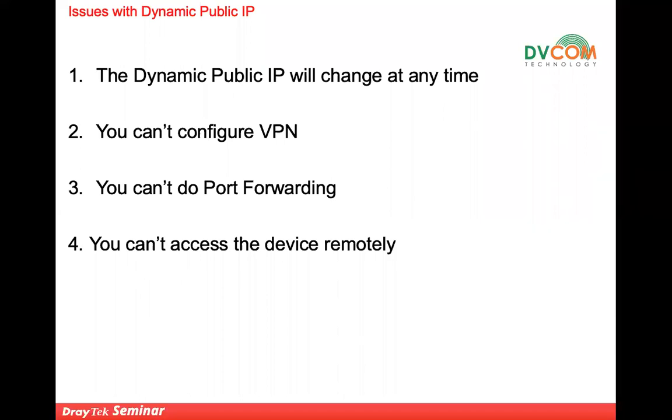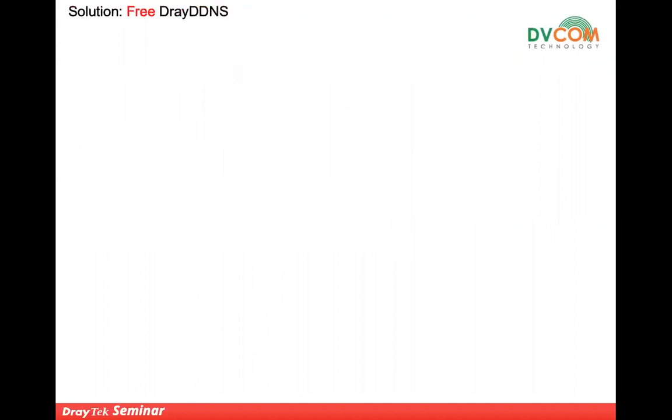For example, whenever you type "what is my public IP" in the browser, you can see your public IP. Whenever you reboot, or after 1 week or 2 weeks, your public IP is going to change automatically. You cannot get the same public IP that you are seeing now. That is the issue with the dynamic public IP. That's why DRETEC has a solution, which is a free DRE-DDNS. It's one of the beautiful features, guys. You don't need to pay for anything.